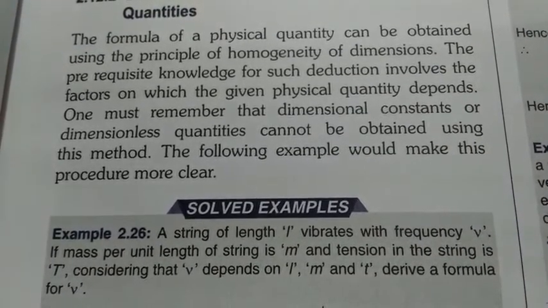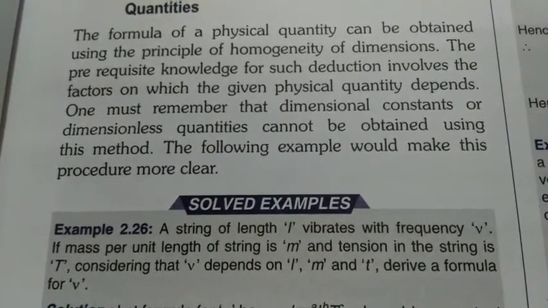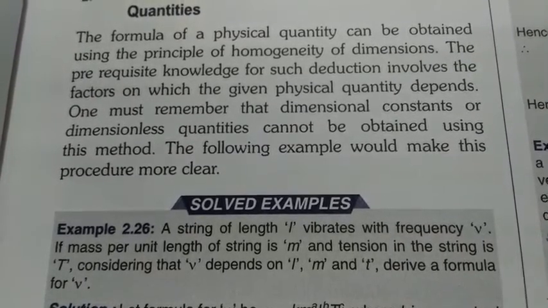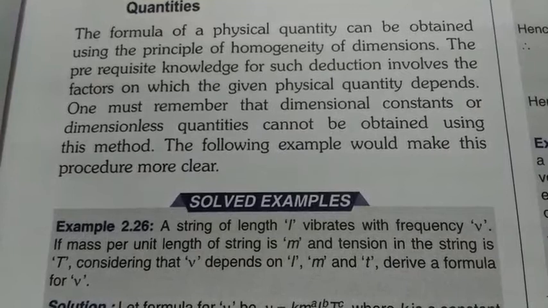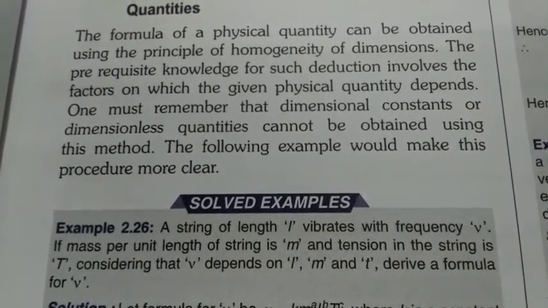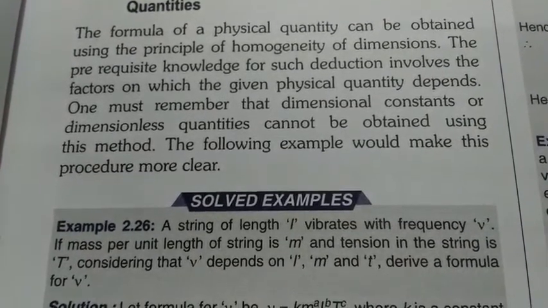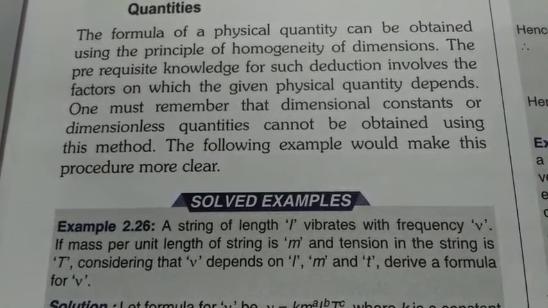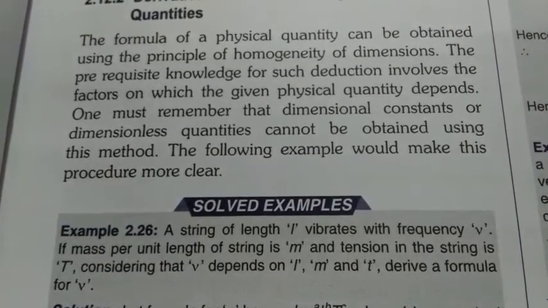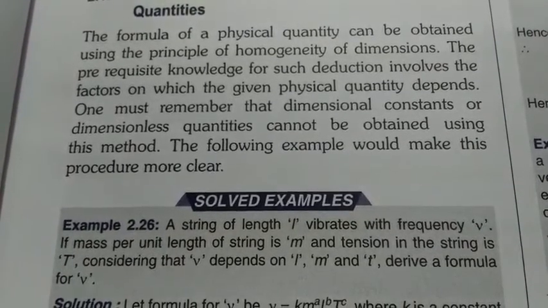Be very careful about this. Generally M denotes mass, but here in the question it is written that M is denoting mass per unit length. Why do we have to be careful? Because we have to derive dimensional equations for them. So we should know which alphabetic character is representing which quantity, and T here denotes tension, and tension is equal to force, so the formula of force will work here.